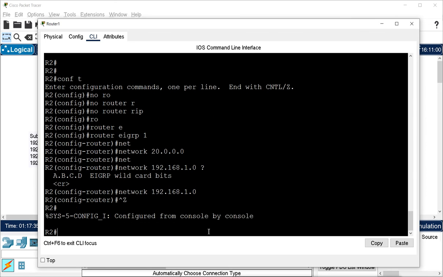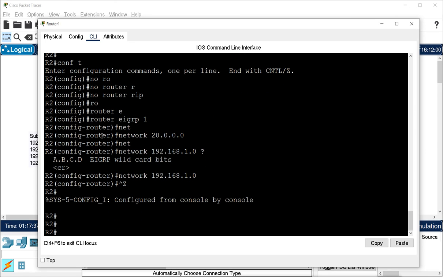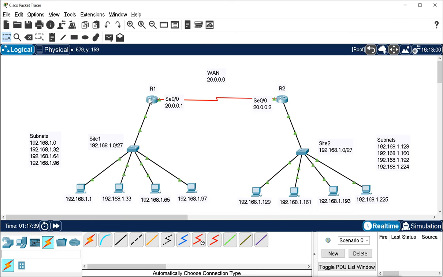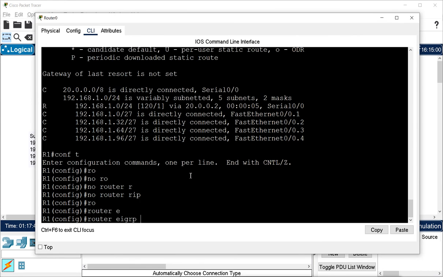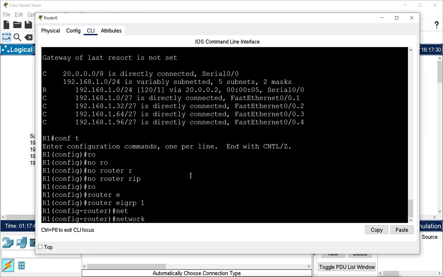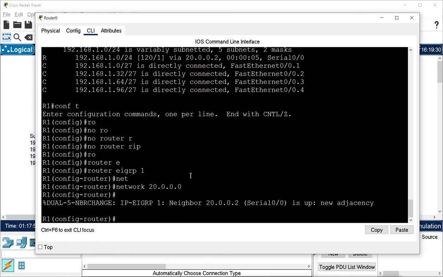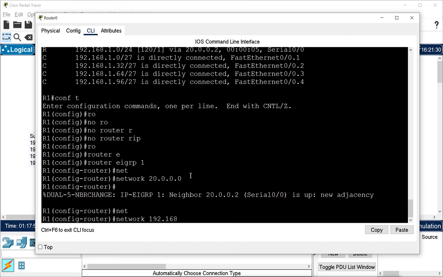Now the same configuration I will do for the other router, router 1. I will go to router 1 and I have removed the RIP. Now I will configure router EIGRP with the autonomous system number 1 and then I will configure the network. Now this will create the neighborship and then I will mention the other network, that is network 192.168.1.0.